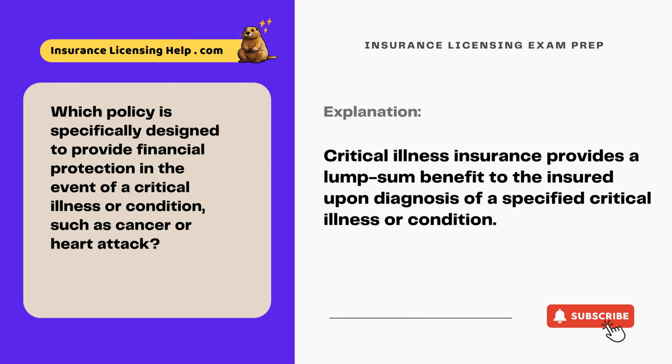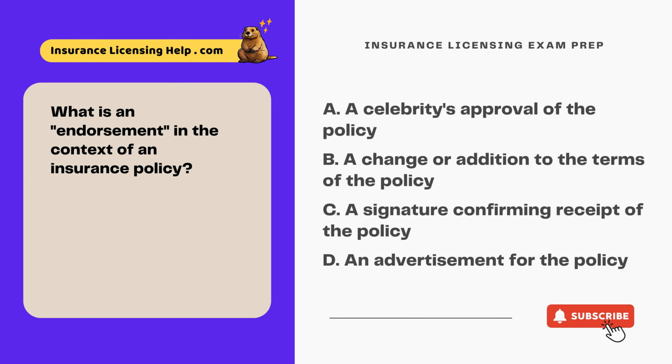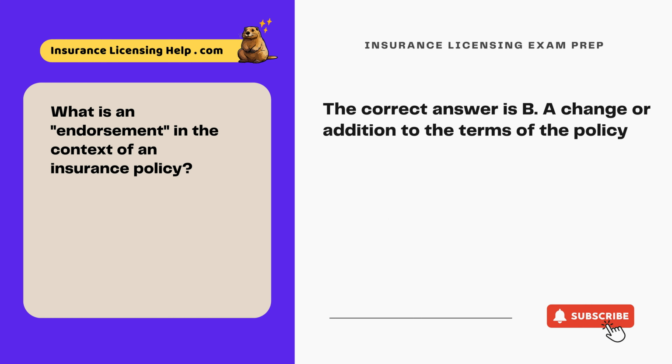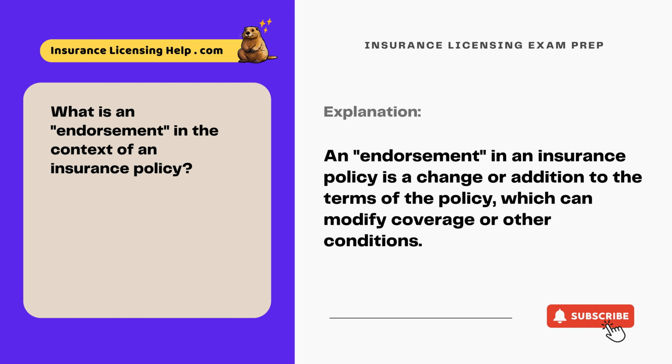illness or condition. What is an endorsement in the context of an insurance policy? A. A celebrity's approval of the policy. B. A change or addition to the terms of the policy. C. A signature confirming receipt of the policy. D. An advertisement for the policy. The correct answer is B. A change or addition to the terms of the policy. An endorsement in an insurance policy is a change or addition to the terms of the policy, which can modify